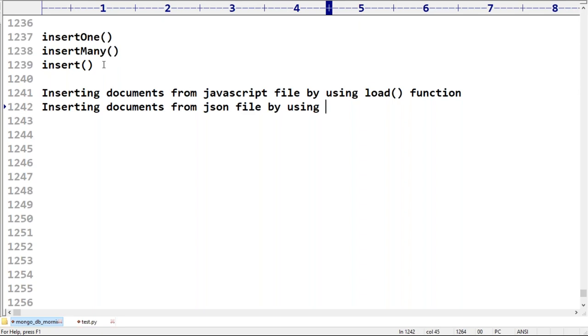Inserting documents from a JSON file by using the mongoimport tool or utility. At this stage I asked, have you remembered, did anyone learn how to import